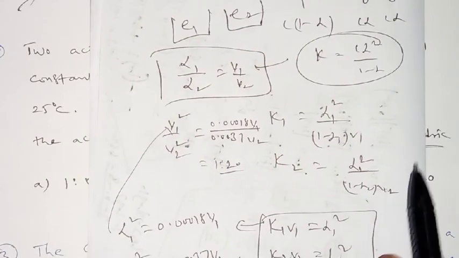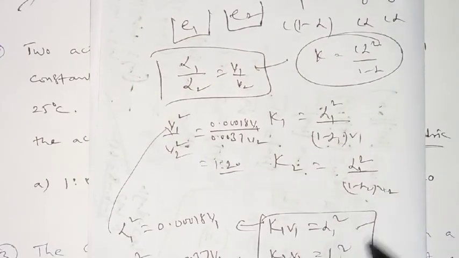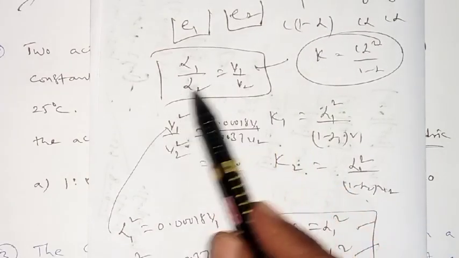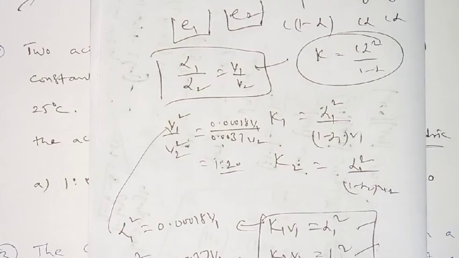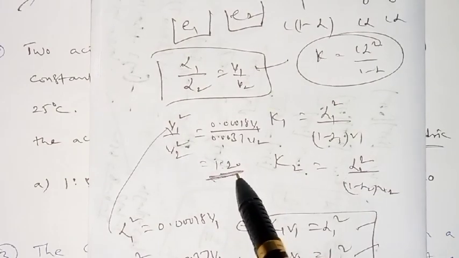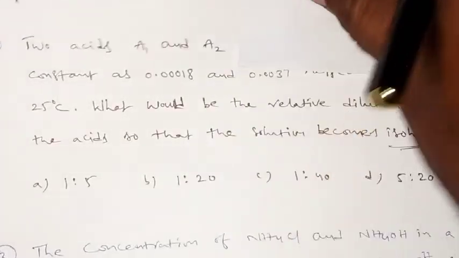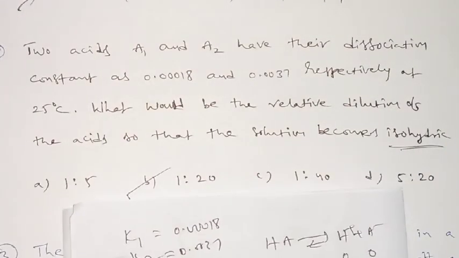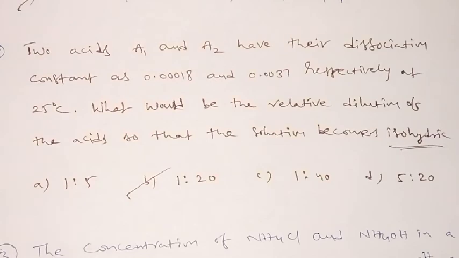Is it okay? So this is the general context, which we already know. This is the only formula you are supposed to remember. But if we make the square on both sides, then you get the connection between these formulas. Then you get the volume ratio. Is it okay? So 1:20. Look at the procedure and look at the question once again. Is it clear? Right. Now look at the next model.